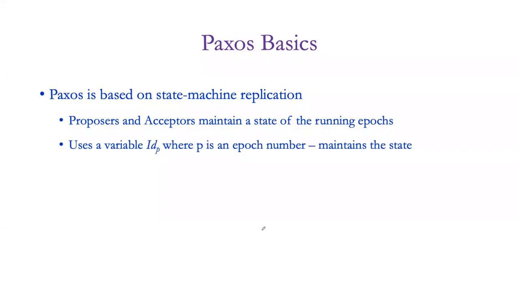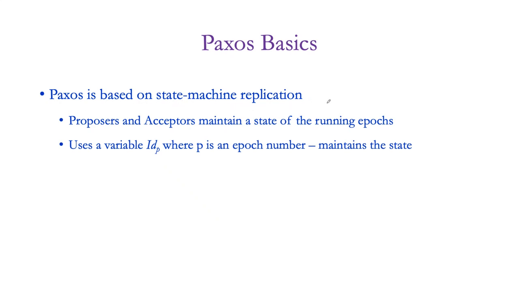So in the last class, we were talking about distributed consensus in the permissioned blockchain model. The one which is used is Paxos. The Paxos basics we have seen in the previous lecture: Paxos is based on state machine